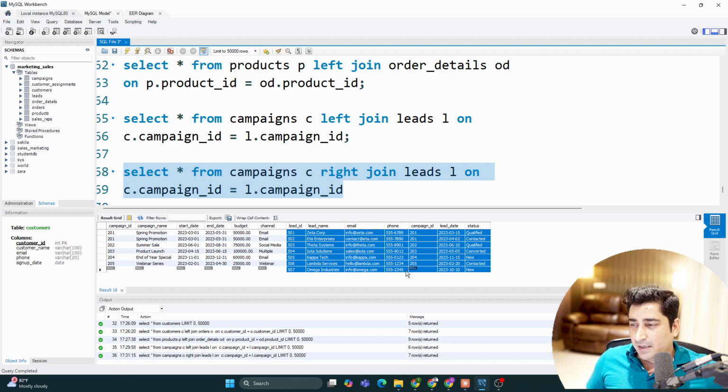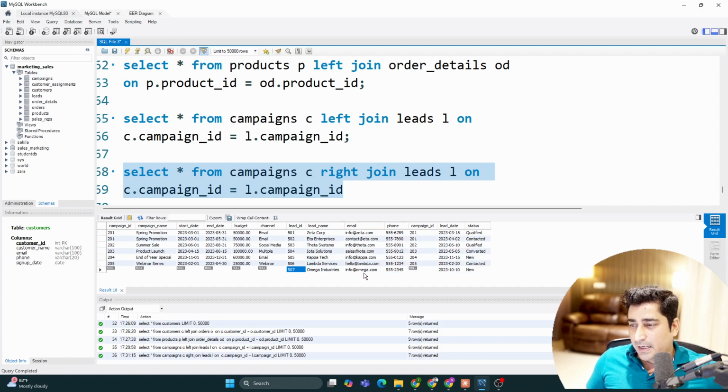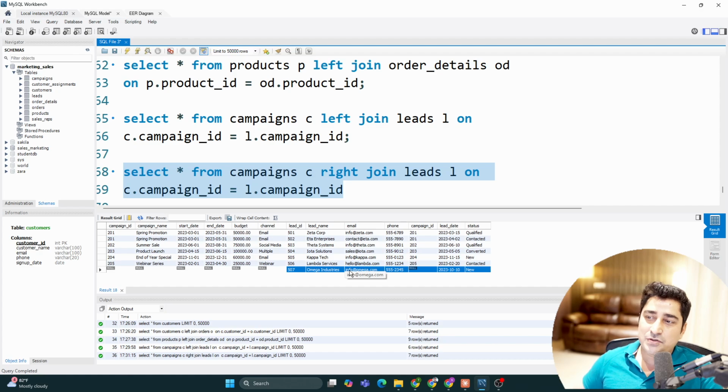Now here you will be able to find out one thing which is very amazing: this Omega industry lead that we have received, there is no campaign ID, right? It means this lead is not coming from any kind of campaign. Maybe that was a direct entry which has been given to us. So things are pretty much clear that